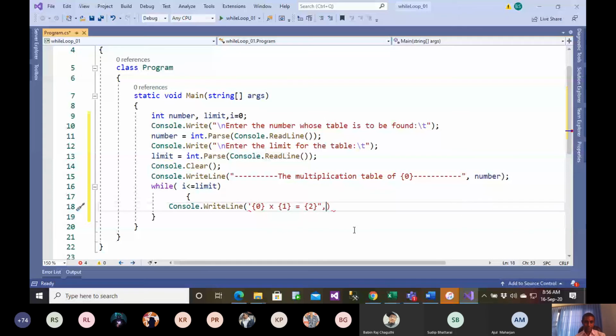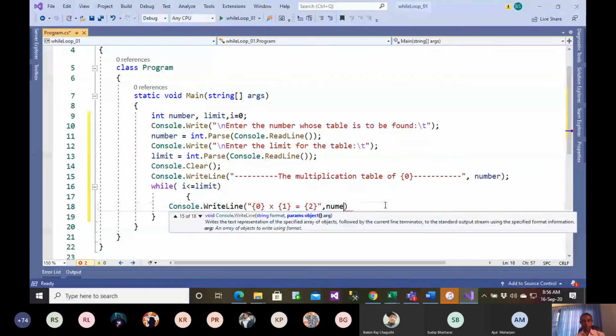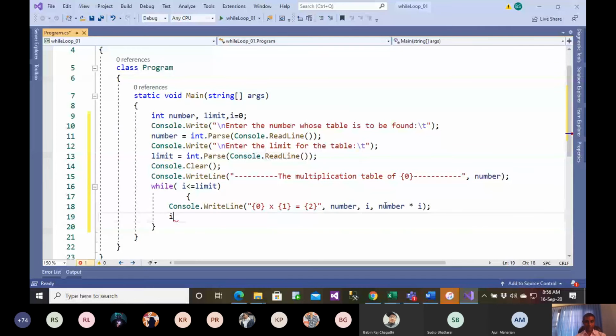Okay, there is a problem here. I commented the number and y. I need to increase the value of I. The value should start with 1 because I just want that. And this is going to again print the multiplication table of any number that you want. Let's run it again, everyone, and let's see the value.